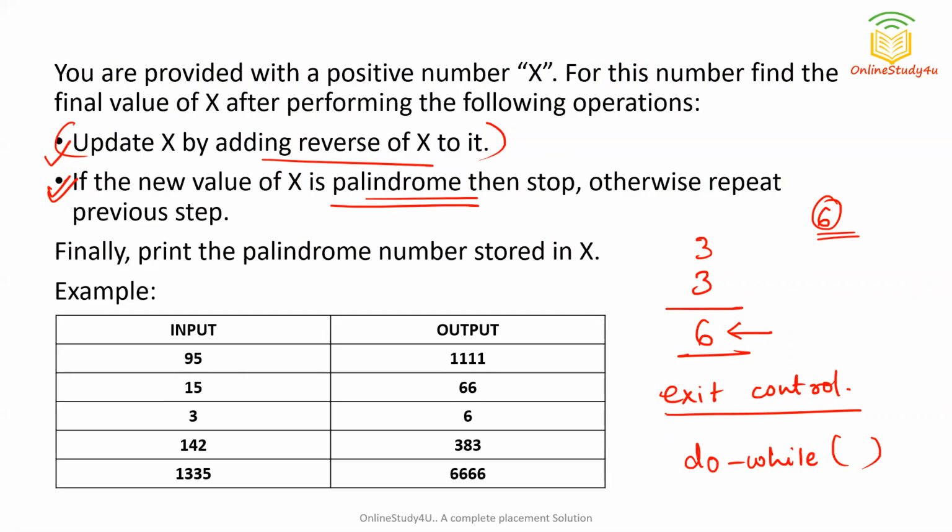Because we have understood the logic, we have to repeat one step in do while until we get a palindrome number. Before that, let us understand one more concept. We said that we will create a function which will reverse a number. So for doing this, suppose we have a number like 123. How can we reverse this number? Suppose we have stored it in num, which is storing 123.